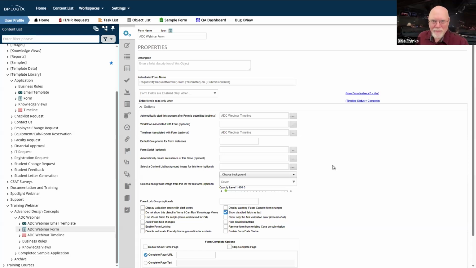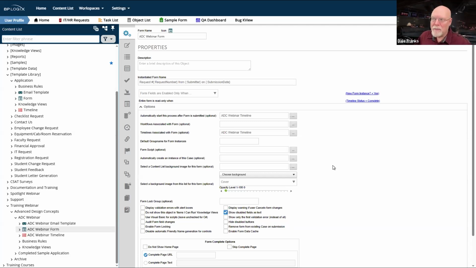Word-based forms. Word-based forms have been dead as fried chicken basically since 2018, probably at the latest. The last version of Word that would even support the ActiveX plugin that you need to actually build Word-based forms was Word 2016. Microsoft just killed ActiveX and they killed Internet Explorer. And of course, Internet Explorer itself went end of life in 2022.